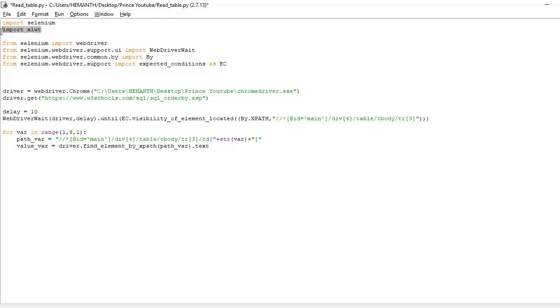That's why I imported this xlwt package here, and I'm going to create a workbook, book equal to xlwt.Workbook. So I'm setting the encoding as UTF-8,